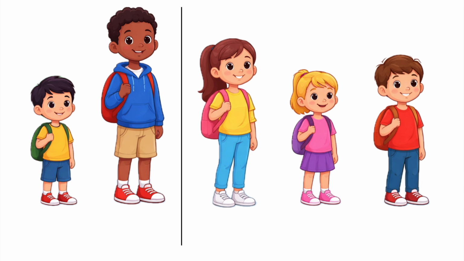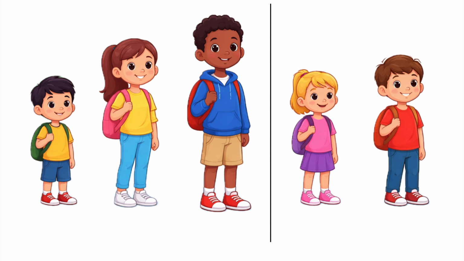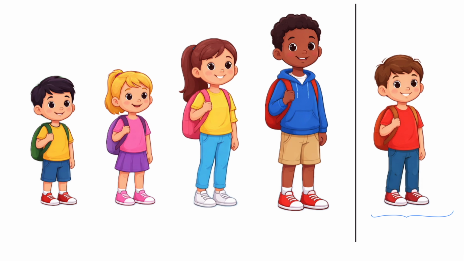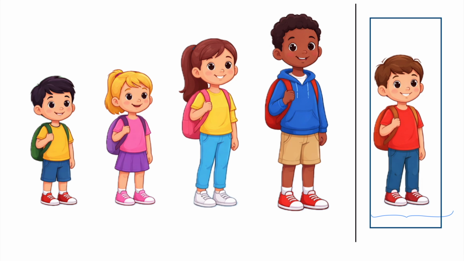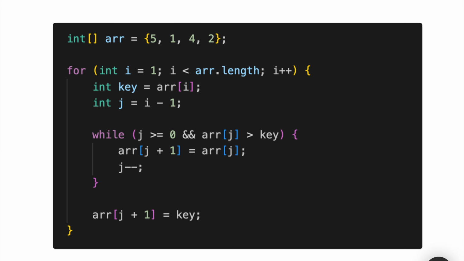And this process continues. So it goes to the third student, where again it starts comparing with the students who are on the left side and gets inserted to the position where it should be. So the process continues and then we can see that the array will be sorted when the last one comes to its correct position. So insertion sort does not swap again and again. It just shifts the elements and inserts the correct one in the right place. So now let's see our Java code.